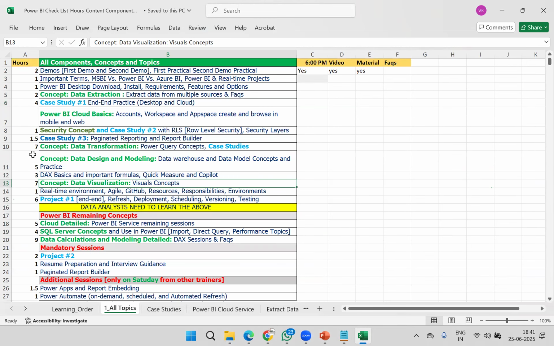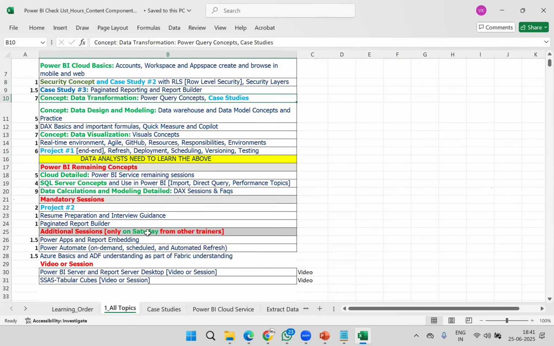Once the demo is complete, I will start in the same order. So you can understand based on the content. Case study 1, case study 2, case study 3, and project 1, project 2, the placement. So this is the first 30 hour subject, more than enough to start your trials. Remaining in detailed subject.